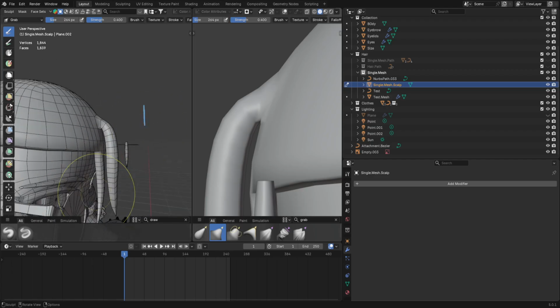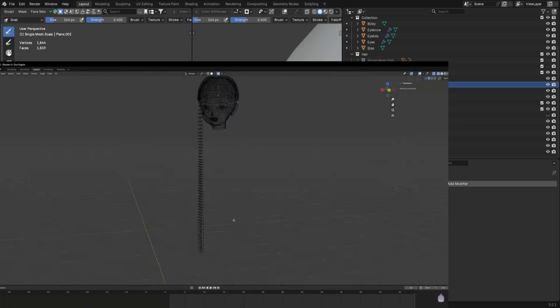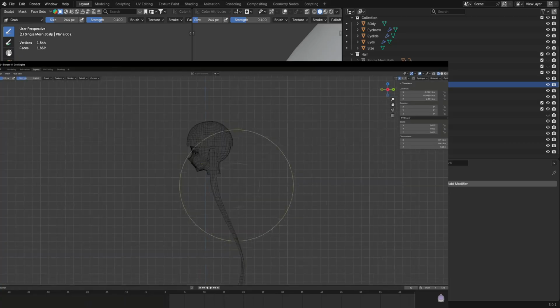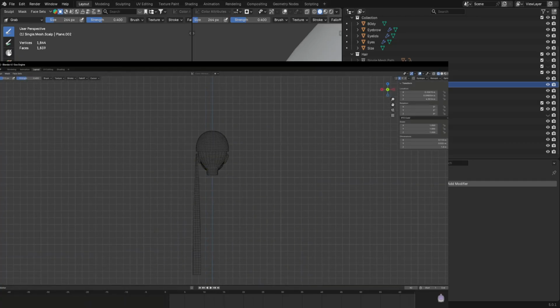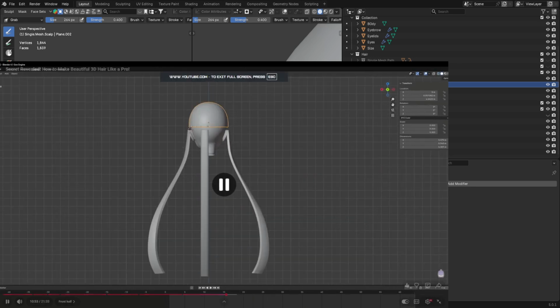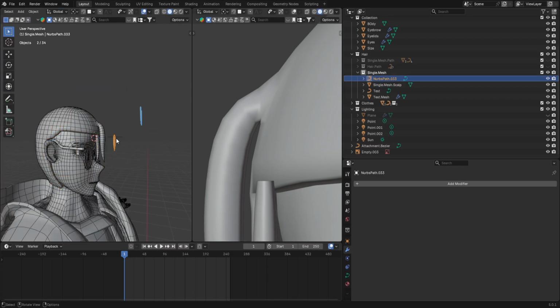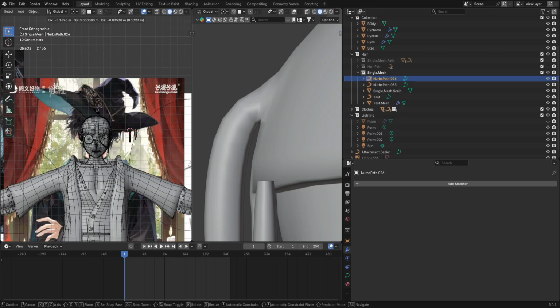In this particular case, I'm using proportional editing to add more volume towards the bottom. Then I go ahead and add the loop cuts and set the origin, and do my twisting and sculpting. This one won't be as twisted as the example I showed you earlier. I'm just going to mirror it to the other side with a mirror modifier. So let's just assume, if I was to do this again and I wanted one to be that long,